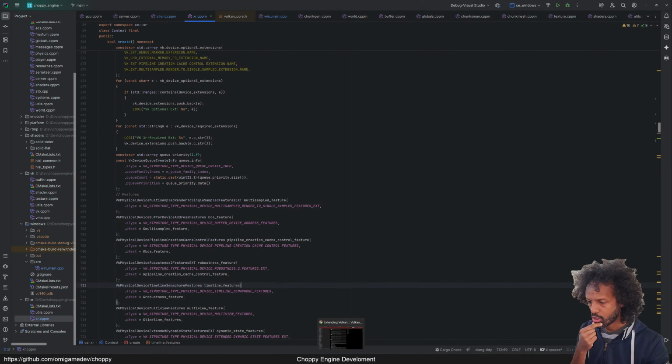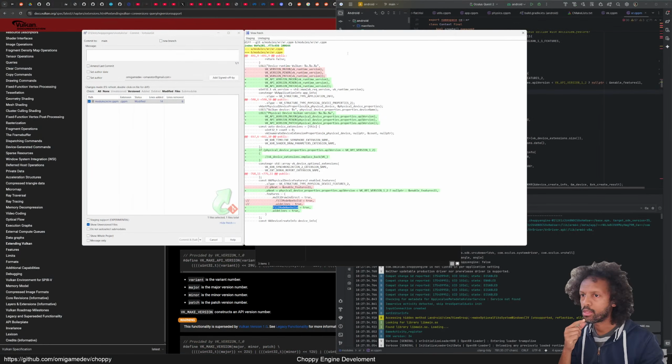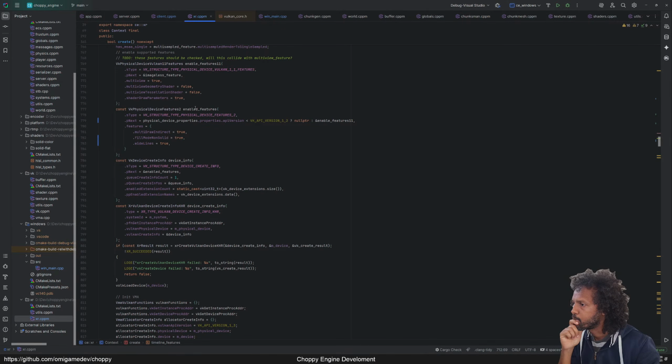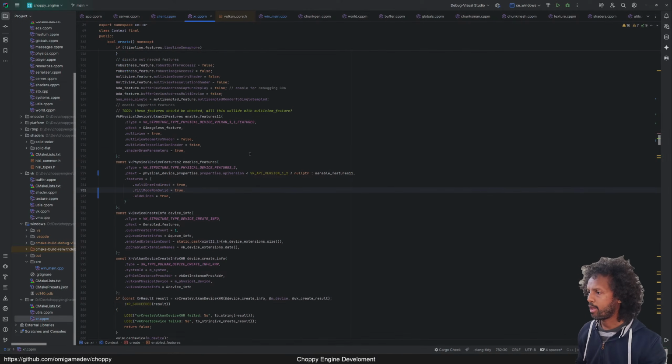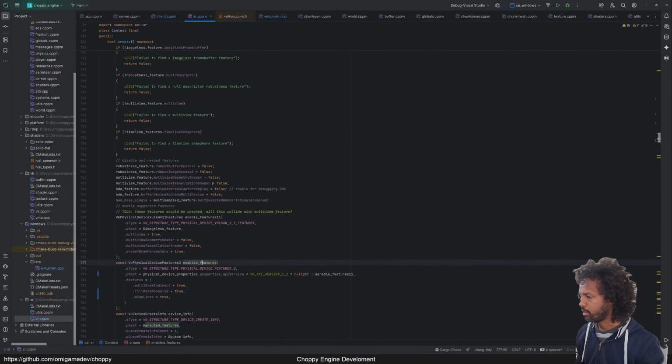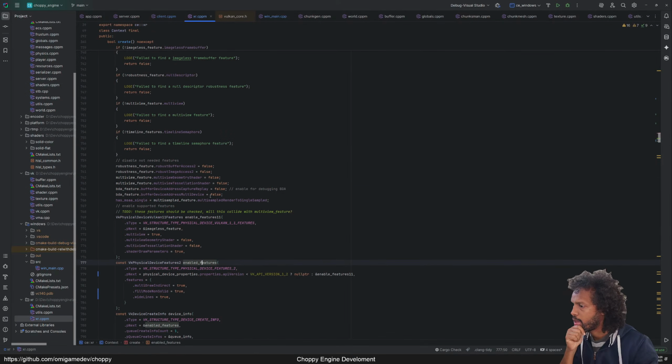So feature not present means it means that I need to check if it actually exists. Multi-draw indirect, and I need to do it just the way